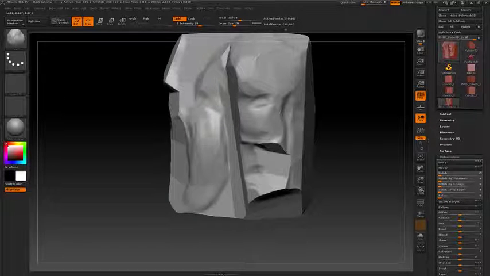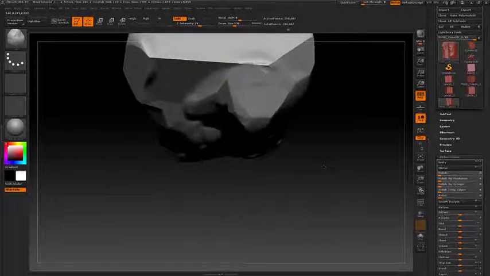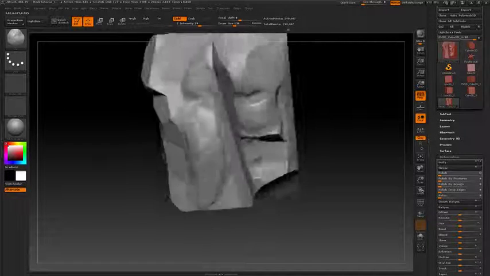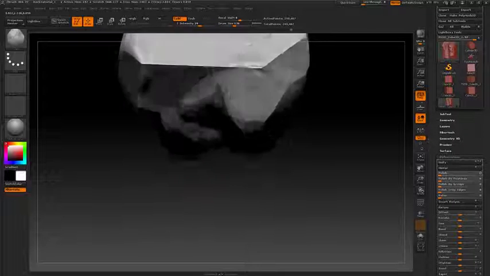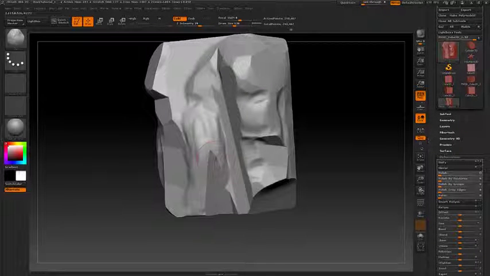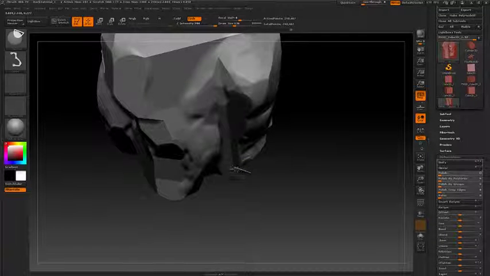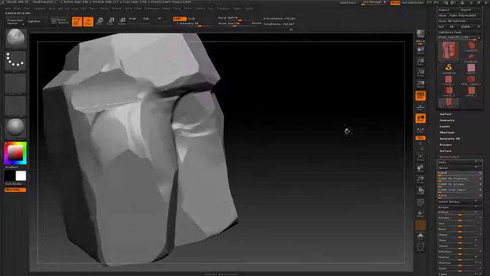So you can try to break the silhouette not only from the sides, but even when you look at the rock from the top. So you can cut, for example, here. Alright,